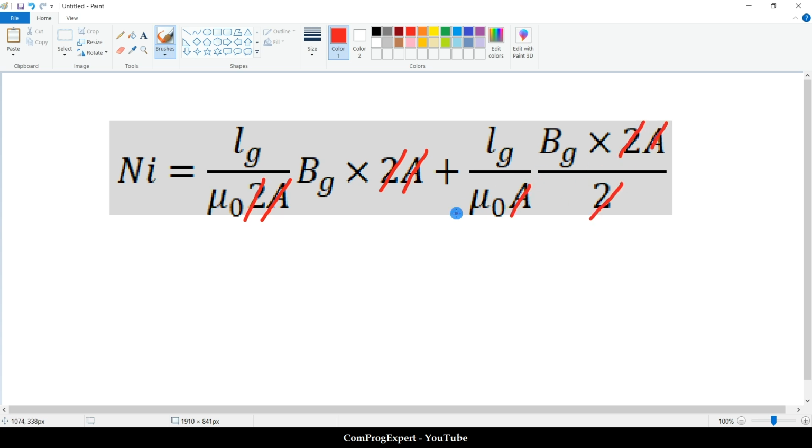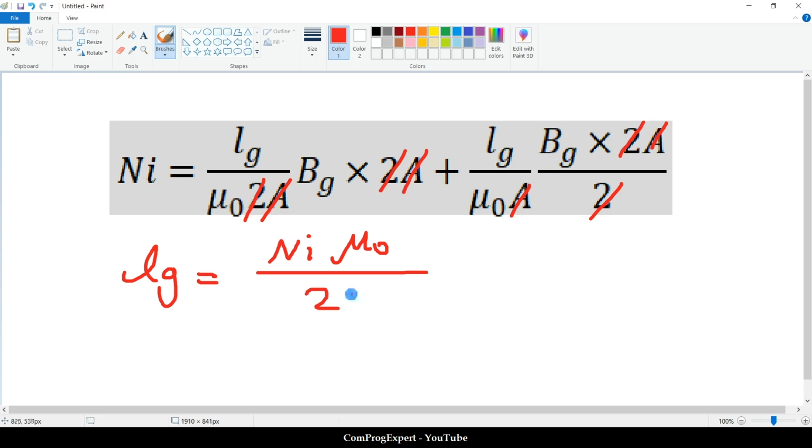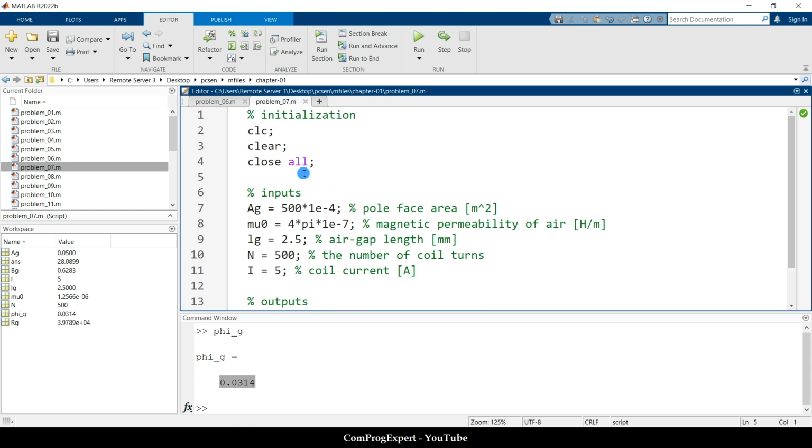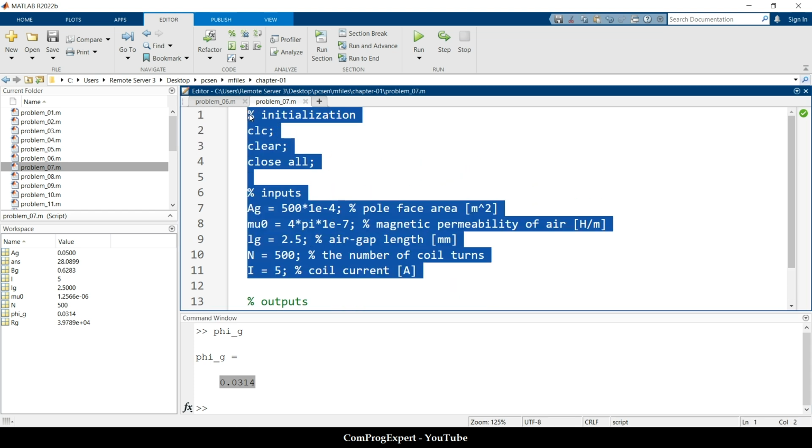So L gap is equal to Ni times mu 0 divided by 1 B gap here and 1 B gap here, 2 times B gap. So let's implement this equation in MATLAB for the problem